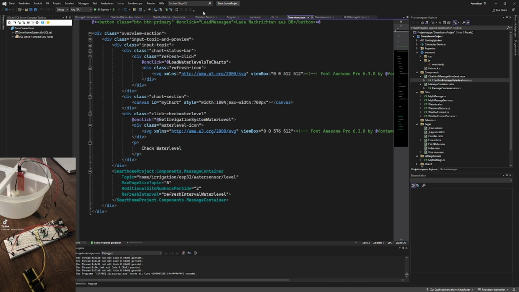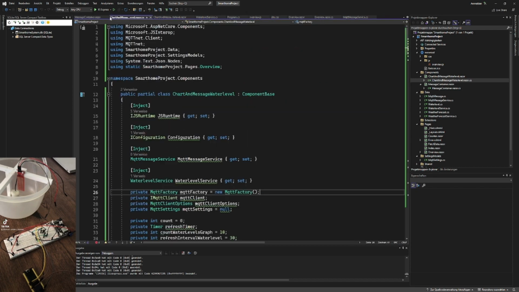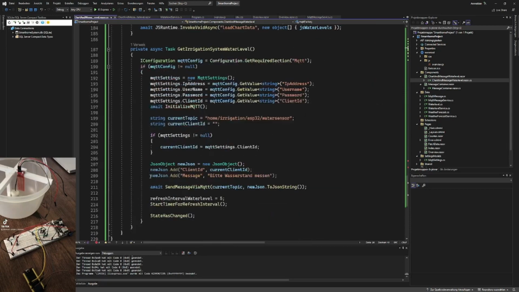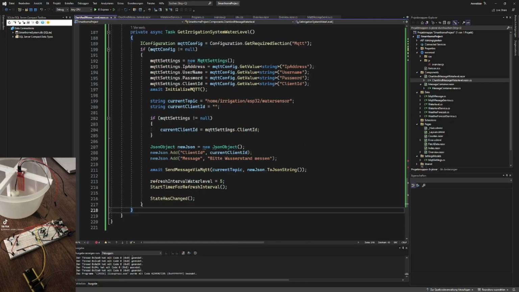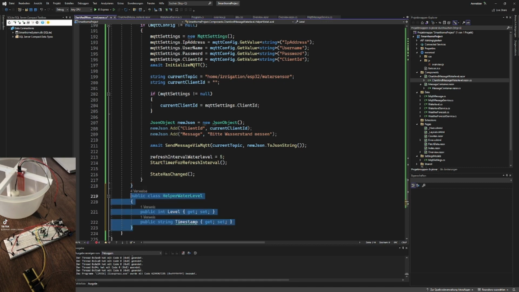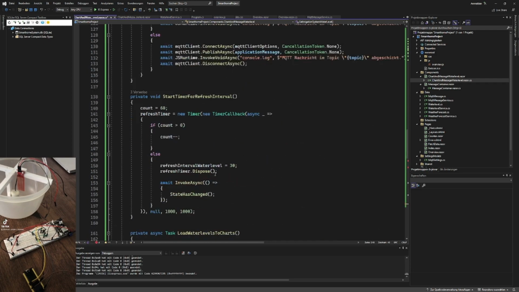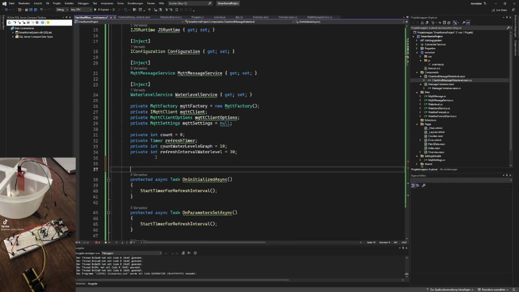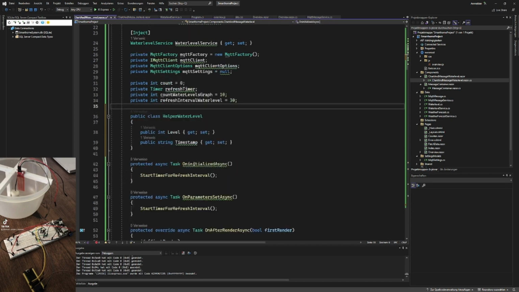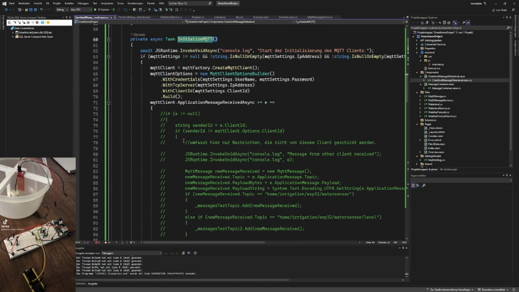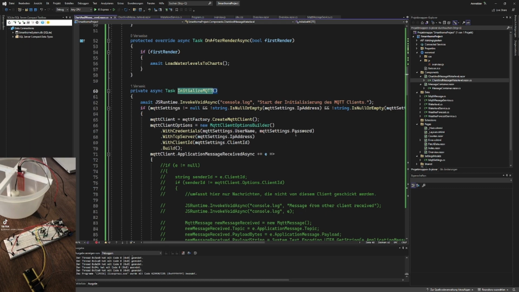So then I'm going back in here, the code behind file. And I need the helper class, yes. I need this in here. Maybe at the top actually, not in here. Or maybe create a new model, but at first I'm not quite sure if I really need it. Just put it in here. And now it should actually work. I'm not quite sure, but